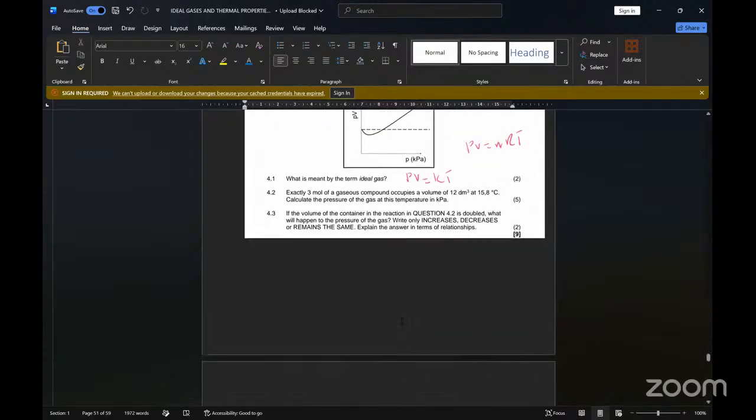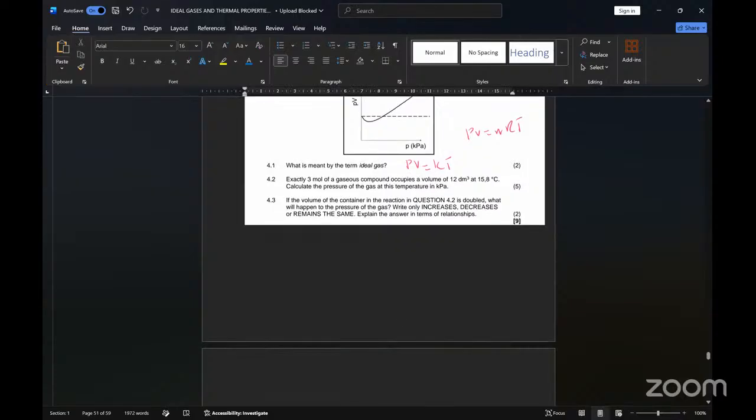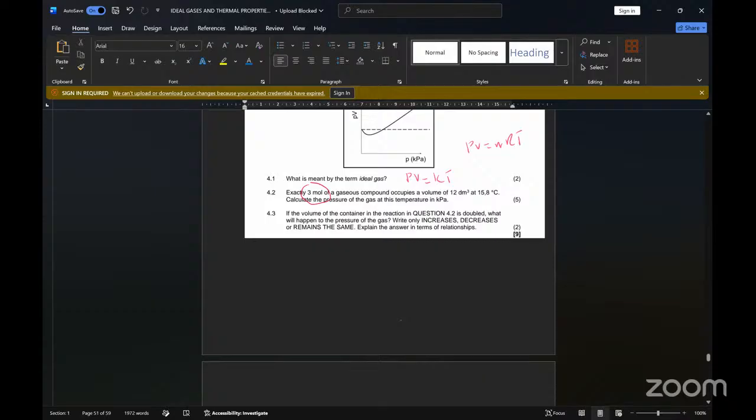Then the second one says that exactly 3 moles of a gas occupies a volume of this at a temperature of this. Calculate the pressure of the gas at this temperature. It's the same thing. You use PV is equal to nRT. Calculate the pressure means we make pressure the subject. So you say P is equal to nRT